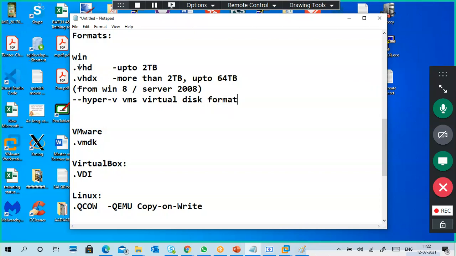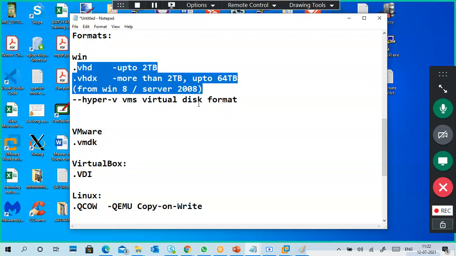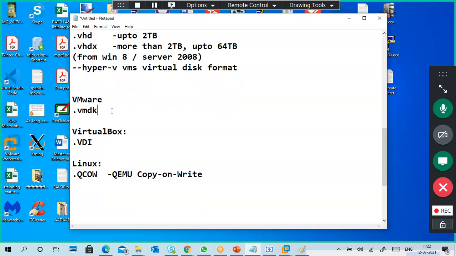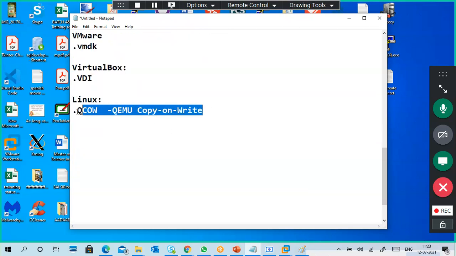For VMware, either VMware Workstation or VMware vSphere, that is the VMDK format, the virtual hard disk format for VMware virtual machines. And VirtualBox has its own direct format, VDI.